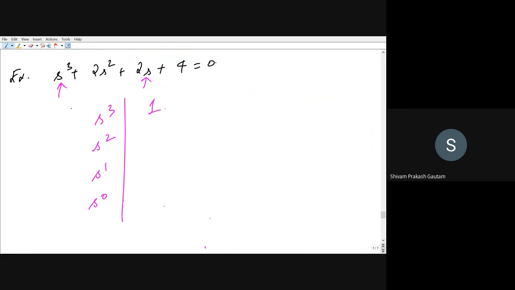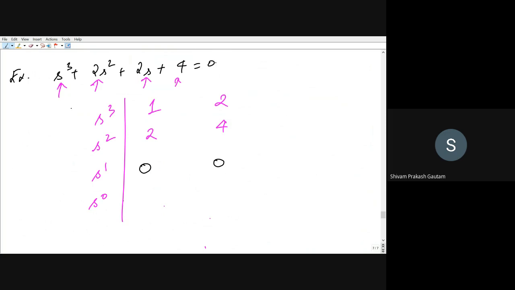So this is 1 and 2. And then even power, that is 2 and 4. So 2 and 4, right? Now you can calculate the s to the power 1 row. This will come out to be, I think, 0, and this will also come out to be 0. That means we are having the row of 0 here.